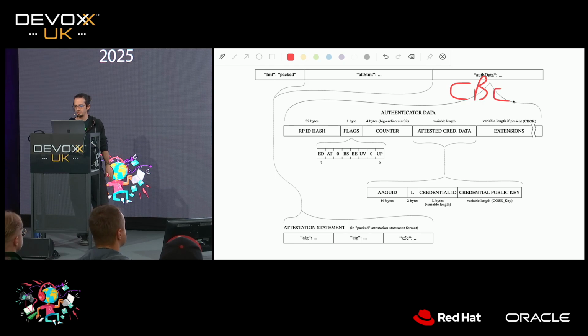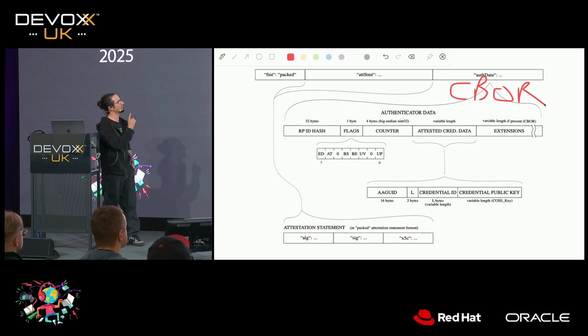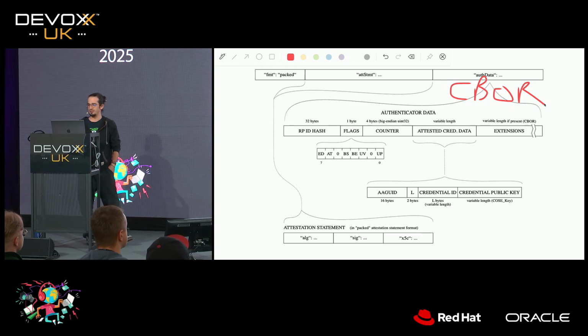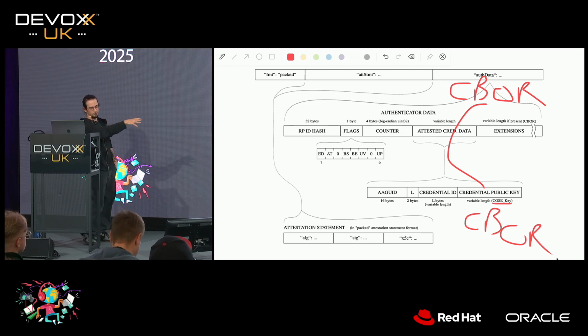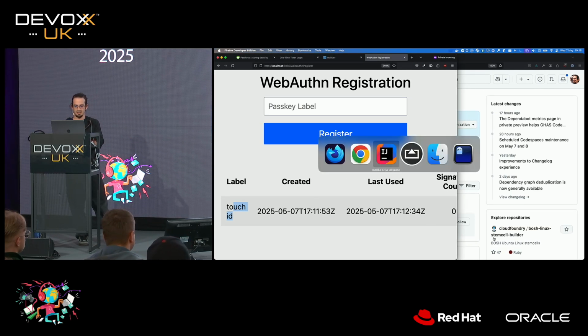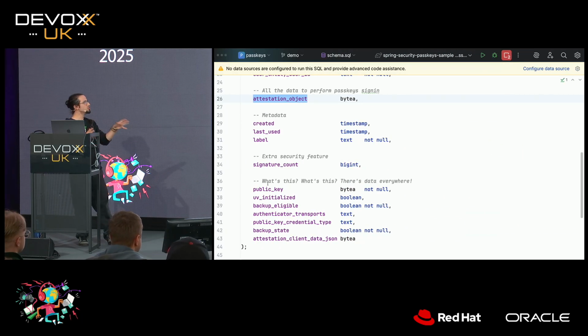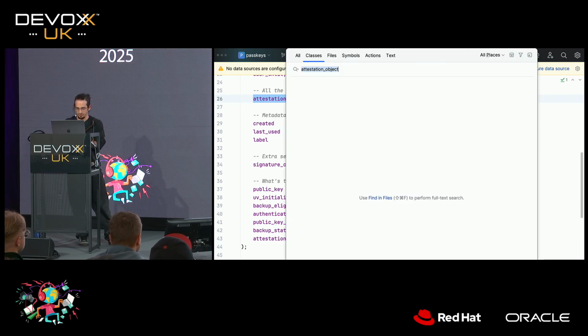Who knows what CBOR is here? Yeah? Concise, not compact, concise binary object representation. So like a very packed data, so you can't read it. Then you have to read all of this and then traverse the graph, and then you get to this COSE key. But this is CBOR, so we put CBOR inside your CBOR. So you don't want to be touching that. WebAuthn4J does it for you. It unpacks everything, and we save it, right? Usually, you don't really want to be interacting with the attestation object because